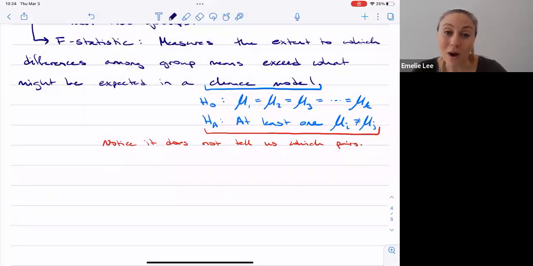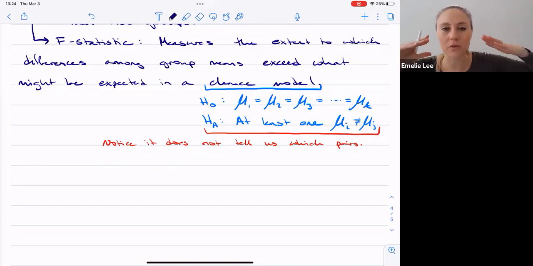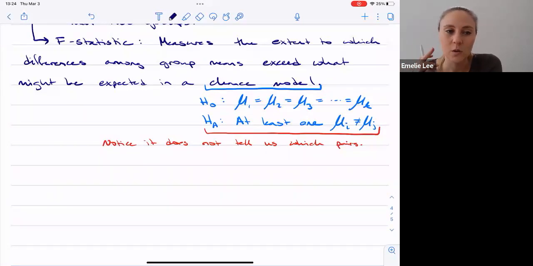Sometimes we talk about one-way ANOVAs versus two-way ANOVAs. I think it's my job to just tell you that there's no real difference between the two. A one-way ANOVA just considers numerical data across some number of groups, whereas a two-way ANOVA breaks it up. So maybe you have the average commute time on weekdays, and maybe you have the average commute time on weekends, or maybe in March and January.